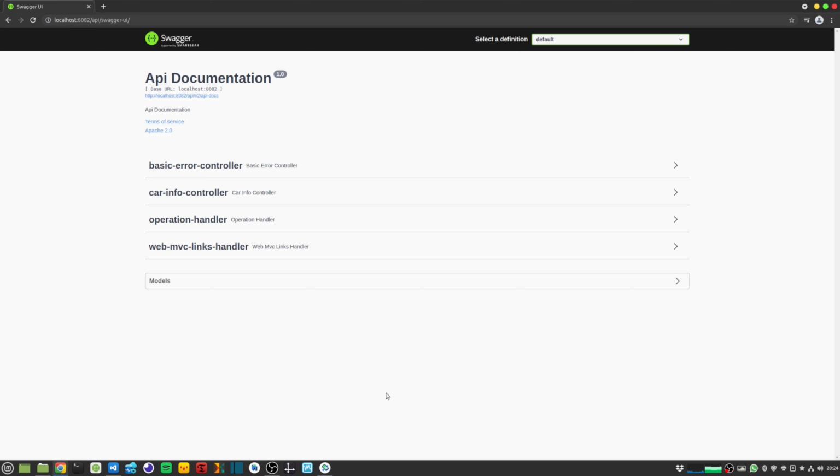Now you can see that my Swagger is up and running, and it's basically showing me all my controllers. And because Swagger is using the OpenAPI documentation, I have used this API docs link to import all this configuration into Insomnia. Now, if you don't know Insomnia, Insomnia is basically a REST client, which is used to call your REST services.